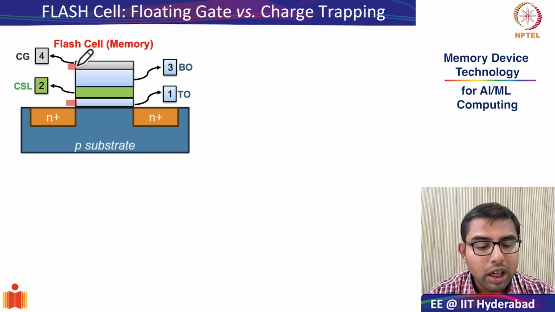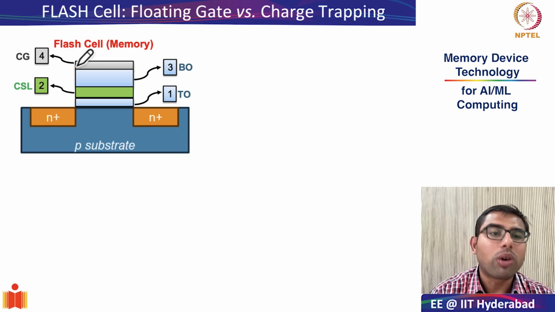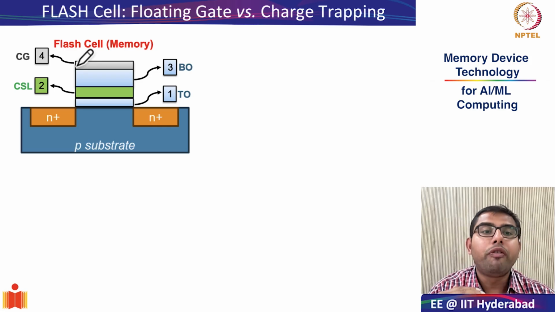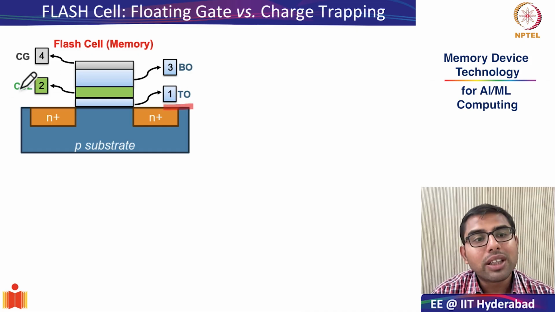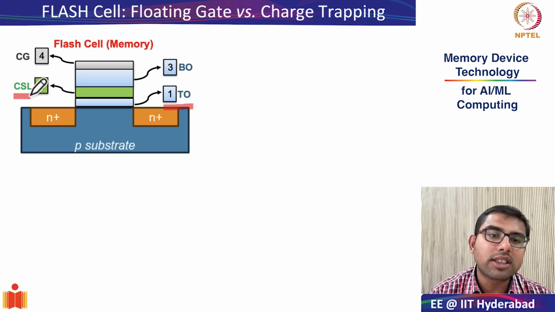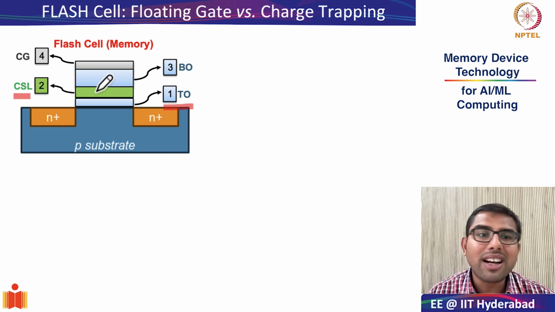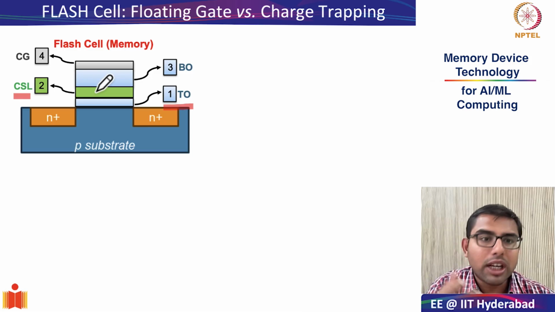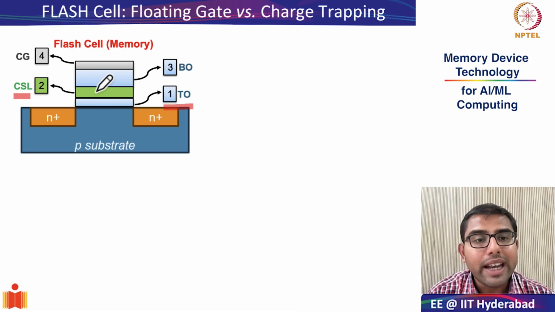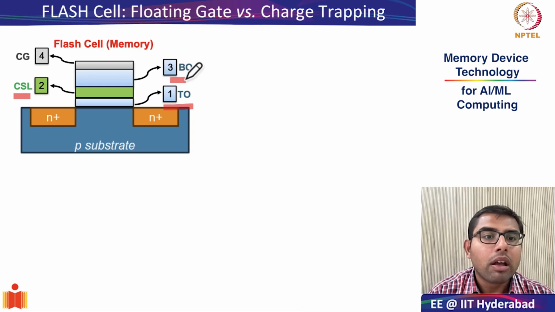So what does the gate stack of the flash cell look like? It is a little more involved entity which has four functional parts. The first is the tunnel oxide, which is also known as TO. The second is the charge storage layer, which is marked in green color. And this, as we will see, is the most important functional layer, because this is where the introduced charges from the channel will be introduced and pulled in and pulled out of. The next is the blocking oxide or BO, and the final is the control gate or CG.